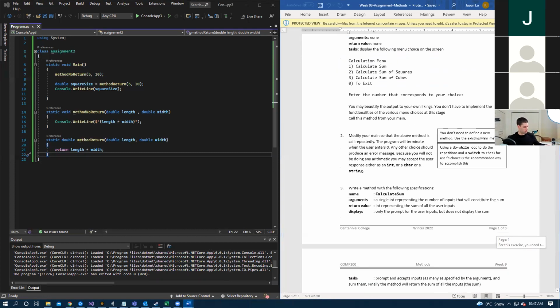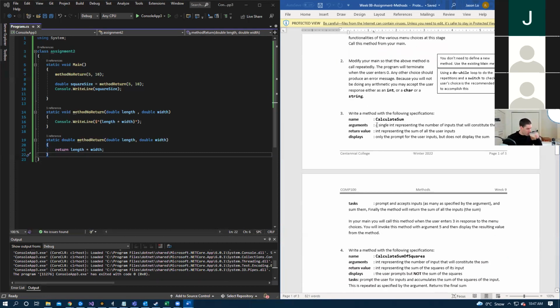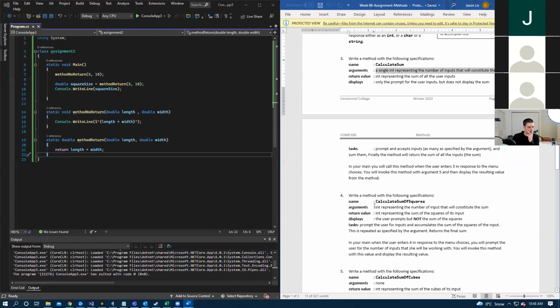And then the other thing to keep in mind here is the arguments that they're asking for. This gets a little bit confusing, and it only becomes apparent when you dive into it. For example, this one, someone else messaged me on this: an int representing the number of input that will constitute the sum. That's a lot of words. It's a little bit confusing. But essentially what this is saying is,